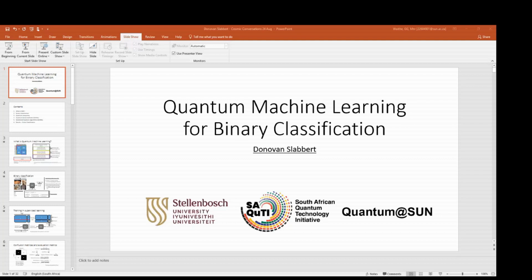Okay, so just a quick table of contents, what we'll be talking about today. We have to define what quantum machine learning actually is. We have to actually know what binary classification is, the problem statement. Then we'll get into how quantum computing works, the basics of it, how to actually manipulate quantum bits, as we'll see later. And then we'll talk about the two methods that we'll be applying called quantum kernel method, specifically the quantum support vector machine variant, and also a variational quantum algorithm variant called a quantum neural network, a quantum convolutional neural network. And then we'll get into how we applied these methods to a specific problem, namely pulsar classification.